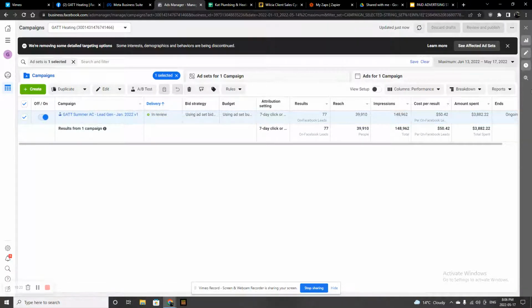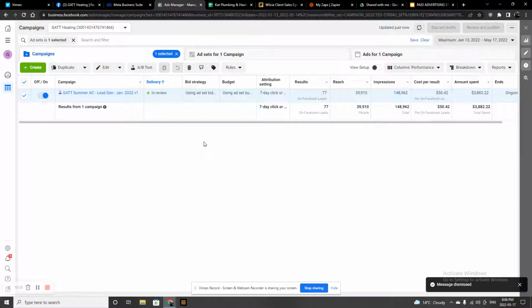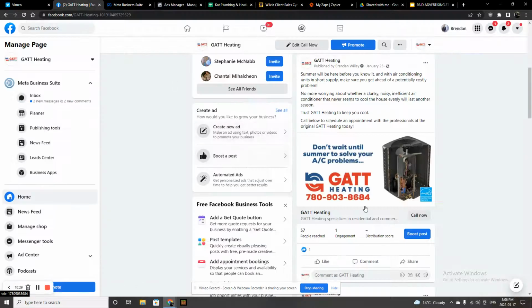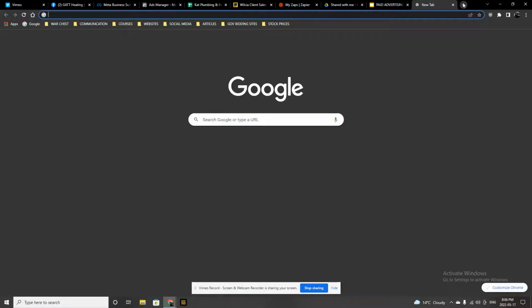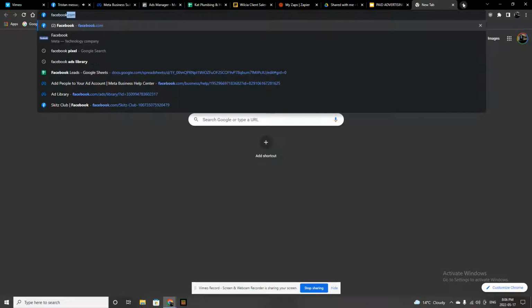So this is your back end of Facebook. This is where you run all of your campaigns from. Not on the front end like I was talking about. This is where you set up a proper campaign and have the opportunity to market like those big competitors. This is where they're running all of theirs from. And another resource here, just briefly,